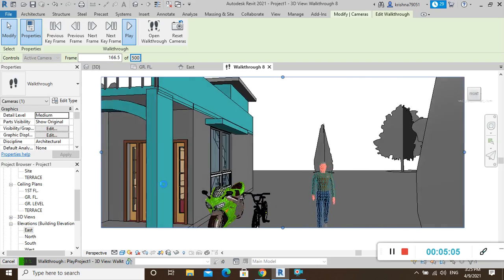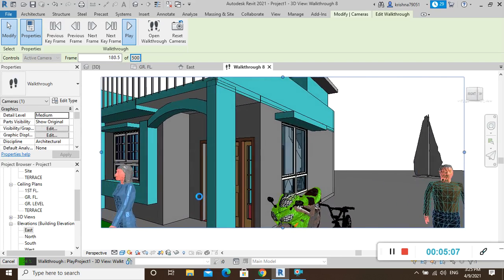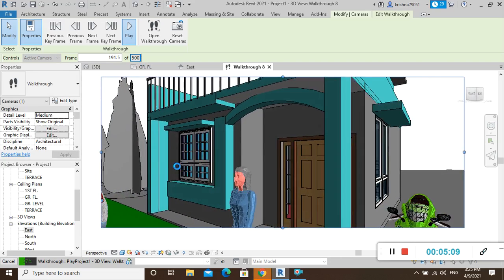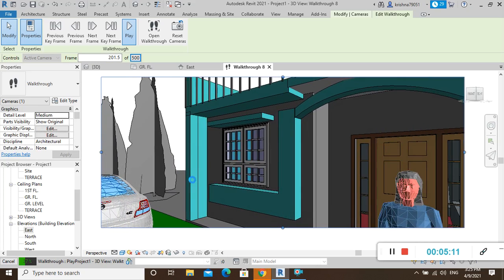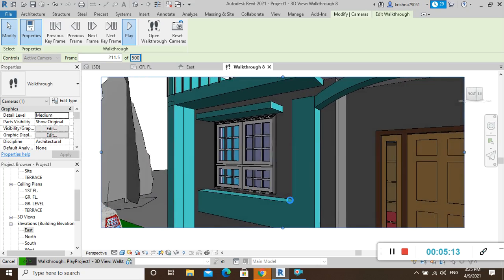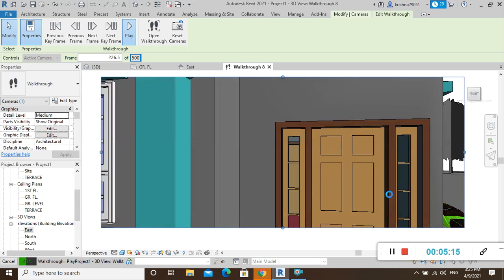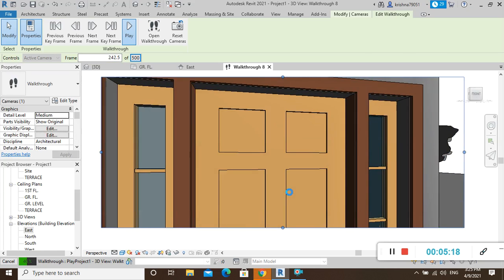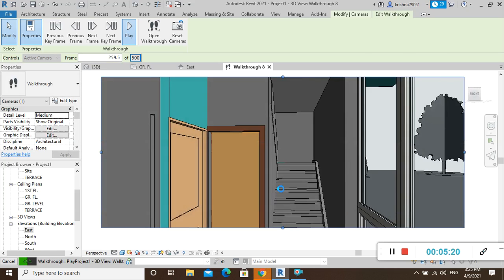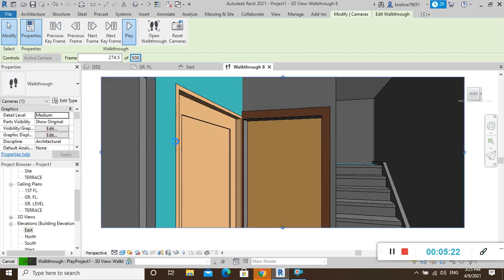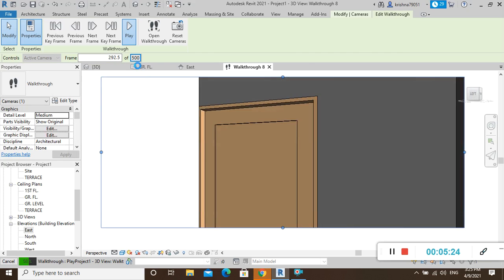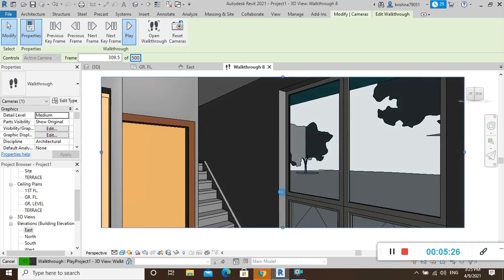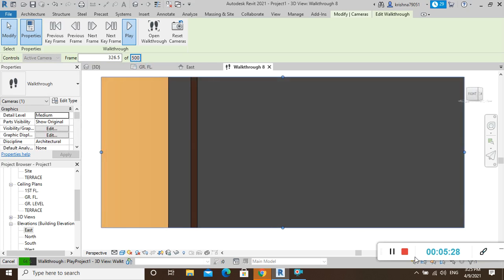So it's a very simple way. You can see the inside of the building and all the things. It's a very, very easy step. A lot of people also do not know how to do the walkthrough, that's why I tell these things. Okay, so you can see the speed of these things because I have changed the numbers. Okay, so thank you very much.